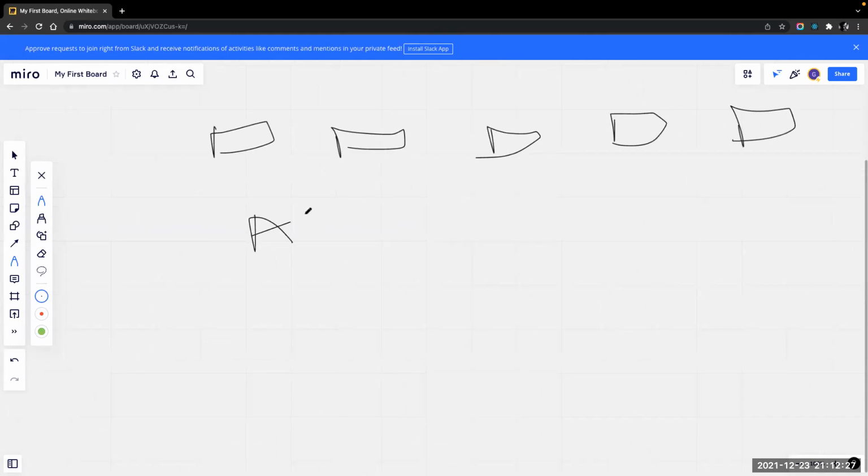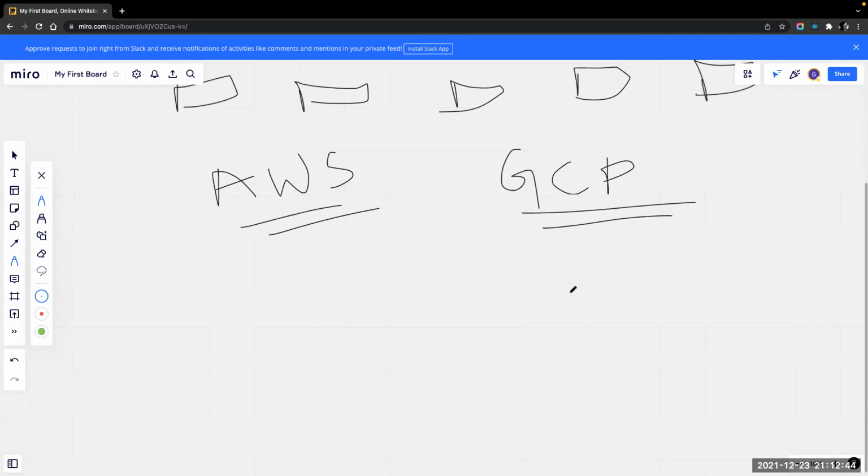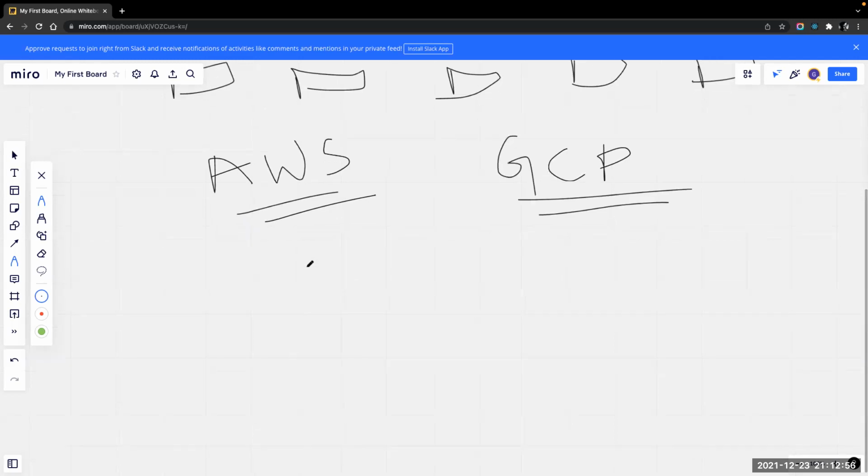One is AWS, another one is called GCP. Okay, so are you guys aware of these two words before? Do you know what these two words are? Yes, sir. Before that, you know what this is and how it is used. Yes, sir. Okay, that's great. That's really great, man. So yeah, I'll just explain it. If somebody doesn't know, I'll explain it once for that.